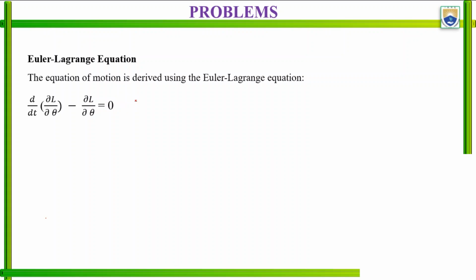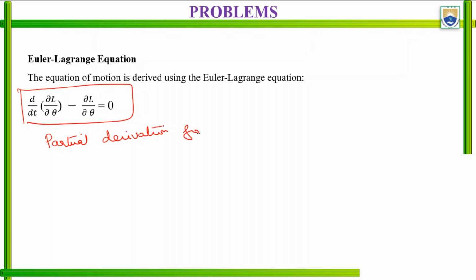When we are moving to the Euler-Lagrange equation, d by dt of dou L by dou theta dot minus dou L by dou theta is equal to 0. This is the Euler-Lagrange equation. As per this equation, we need to do the partial derivation